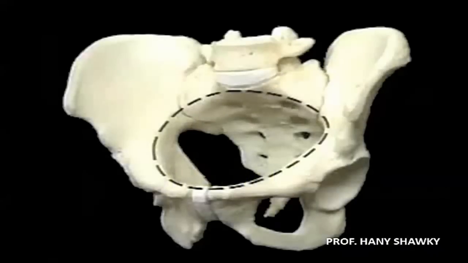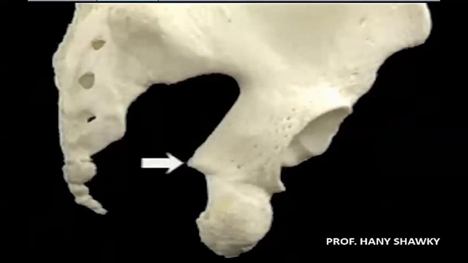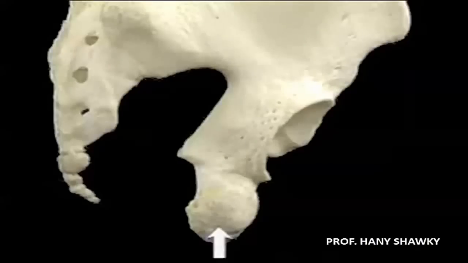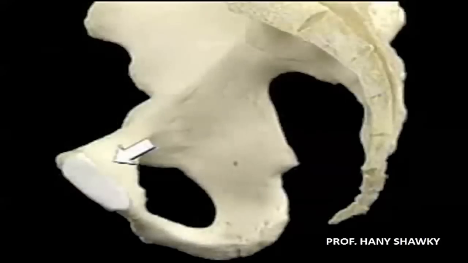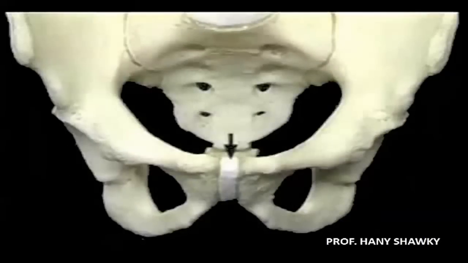Now we will have a revision on the pelvis. This is the pelvic inlet or pelvic brim. This is the obturator foramen, the ischial spine, the ischial tuberosity, the pubic bone, the conjoint ramus of pubis and ischium, or the pubic arch, the symphysis pubis,